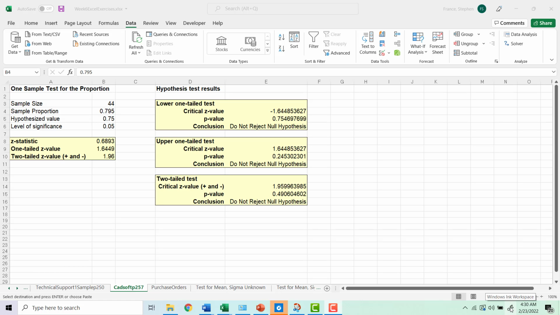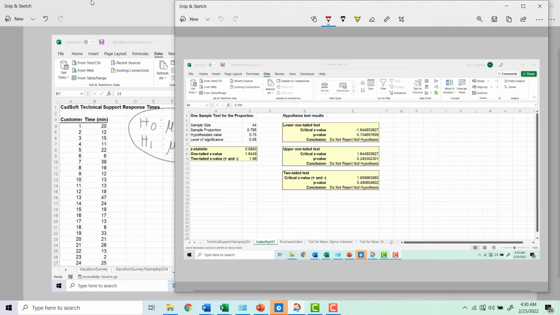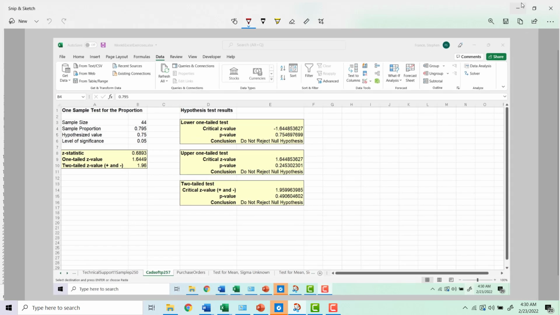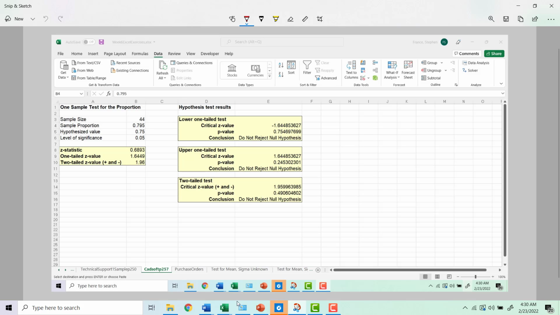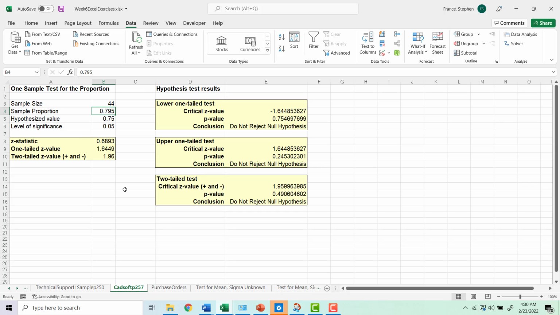Okay, so this is going to be the quest on 257, example 7.8, the one sample test for proportion. And let me just do a little snip of that screen and remove the previous one. Okay, so what we're doing here, and actually just let me go back to the spreadsheet,